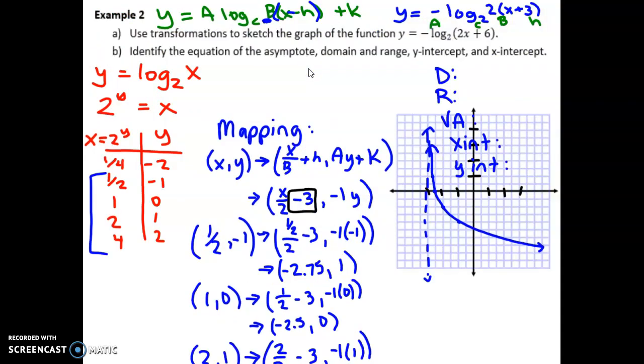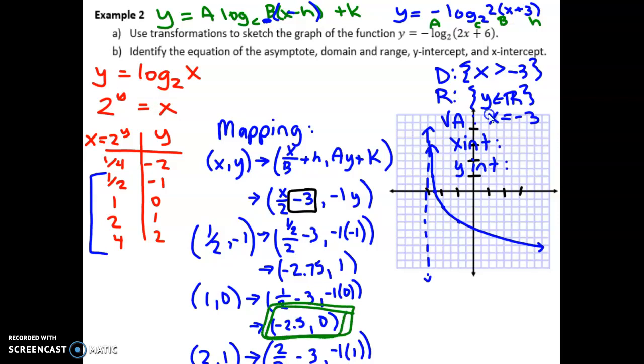I see my vertical asymptote has been moved over to -3, which means my domain moved along with it. So the x's are all going to be greater than -3. The range is still an element of reals because even though this graph was flipped, it's going up forever and down forever. Now my x-intercept, I actually have it. One of my mapping points landed nicely on the x-intercept value, so I know that my x-intercept is at -2.5